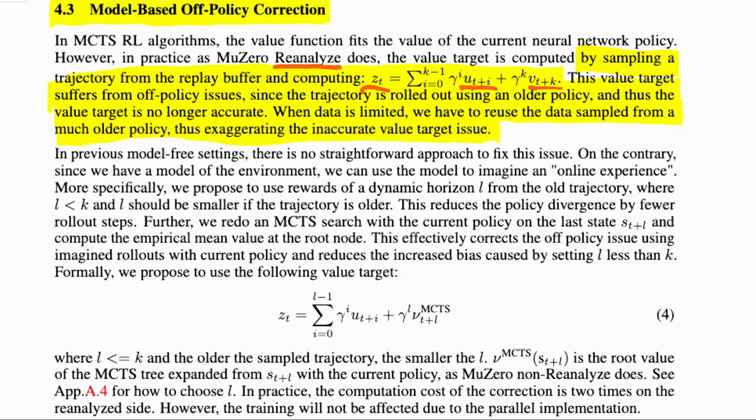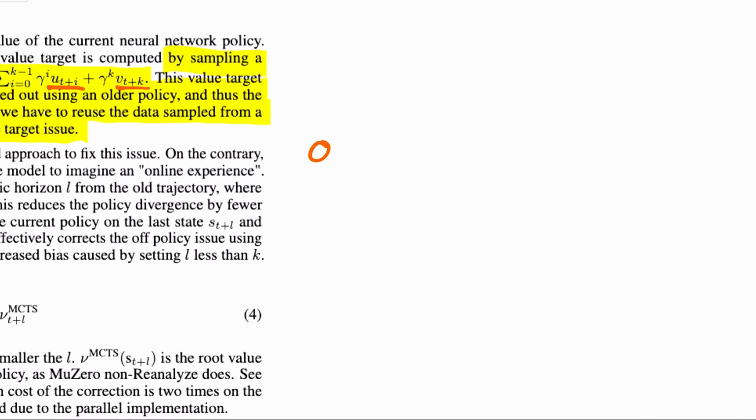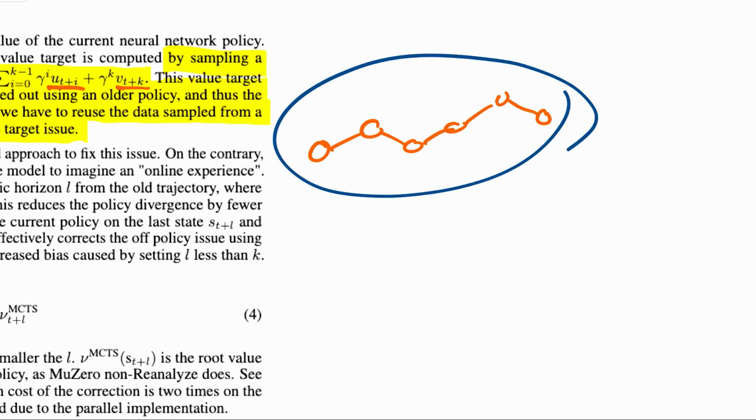So what they do is they say, well, instead of using sort of the path, so this is the state, right? And here is what actually happened, right? We took some actions. That's what actually happened. And now what we would like to do is we would like to take this and learn from it. Right? But the policy used to generate that path is an old policy. So the current network might have done something entirely different. It might have done a different action right here and got to a different point. And that is a problem because in an on-policy method, we'd largely like to learn from actions that have been generated with the current policy.